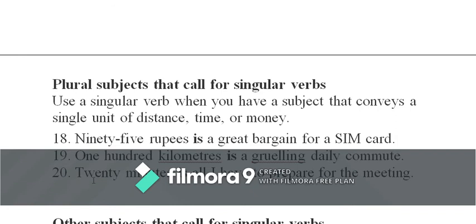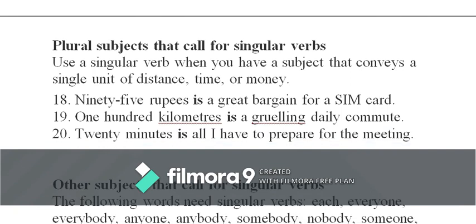Now then we see time, 20 minutes. Together when we consider it as one subject, we take the verb is. 20 minutes is all I have to prepare for the meeting. We never say 20 minutes are, because it's a unit of measurement. Together it is taken as one subject or one entity. Let us proceed.